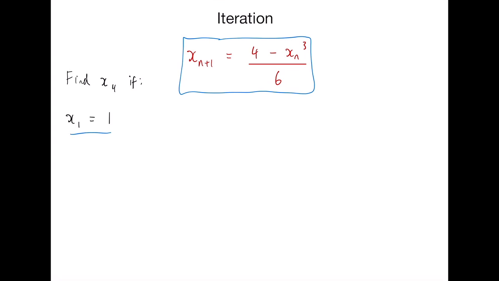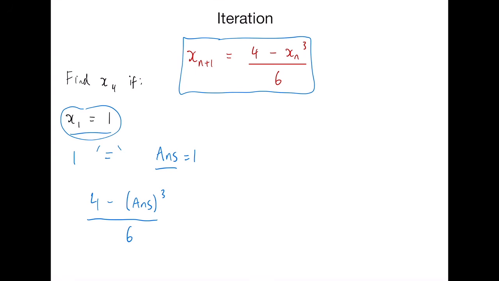Put in your calculator 1, because x1 is 1, and then press equals, and that will save your ANS button equal to 1. Then we're going to put in our calculator 4 minus ANS cubed over 6. If you press it once, your x2 is going to be a half. If you press it again, it will give you the x3 value. That is going to be 31 over 48, and we need to find x4, so we press it one more time, and we get a value of